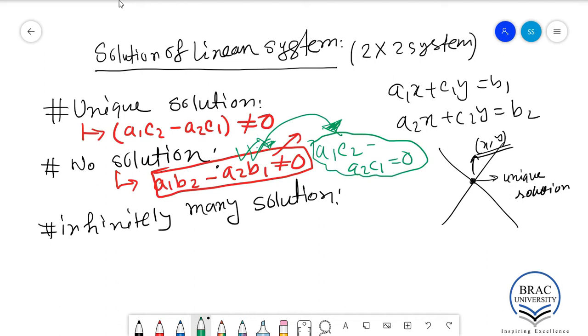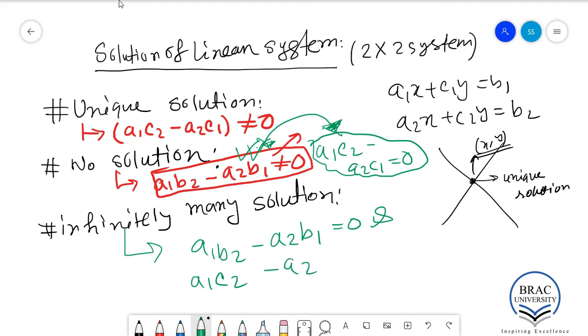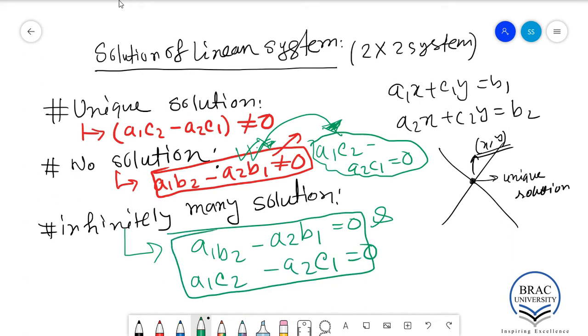Now let's talk about the infinite number of solutions. This is possible when a1 b2 minus a2 b1 equals 0, and remember we are using "and" here, not "or", a1 c2 minus a2 c1 equals 0. This gives us the condition for infinitely many solutions, and this is the geometrical picture of the unique solution. Let's try to see the geometrical picture of